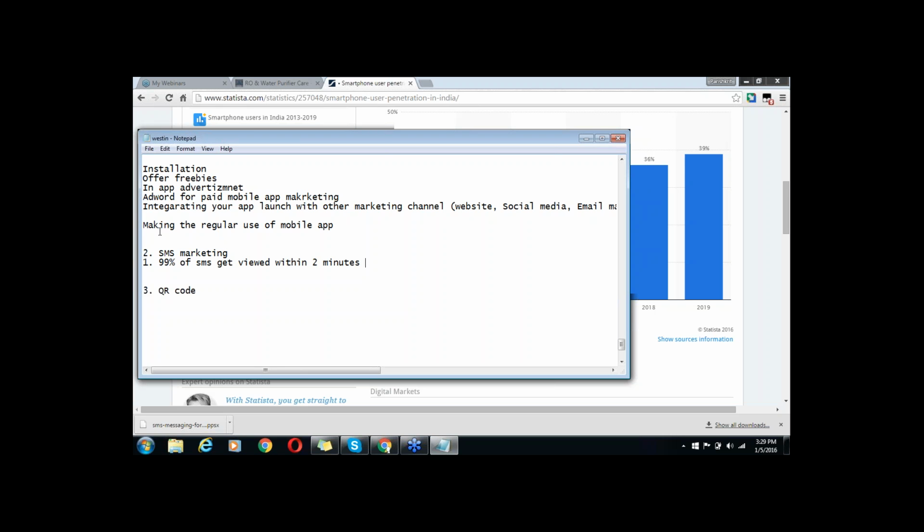Most of the time it may be possible that your users deleted the message, trashed it, did not forward it or did not open it, but people see your message within minutes. Most of the time when you receive a message, you open it, read it or see it instantly rather than waiting for a particular time, right? You may not respond to the message, that is a different thing, but the message reaches your audience, and the viewership is very, very high compared to other marketing channels. Agree? This is how it generally happens.